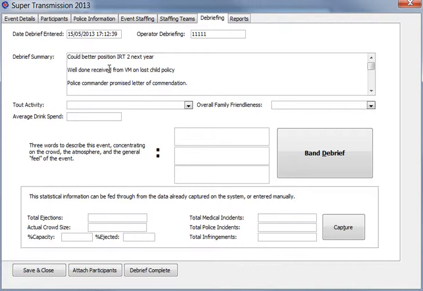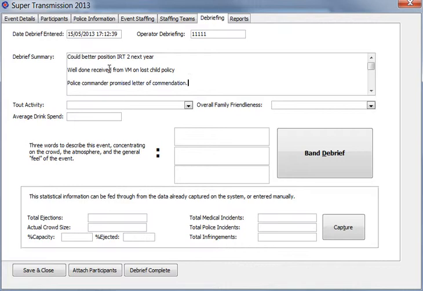Okay, the next fields though are the interesting bits for yourselves to use for the next time this festival comes to town or the next time this band comes to town. But also if you're subscribed to the Crowd Intelligence database, this information is passed through and shared with all other subscribers when this band come to town.